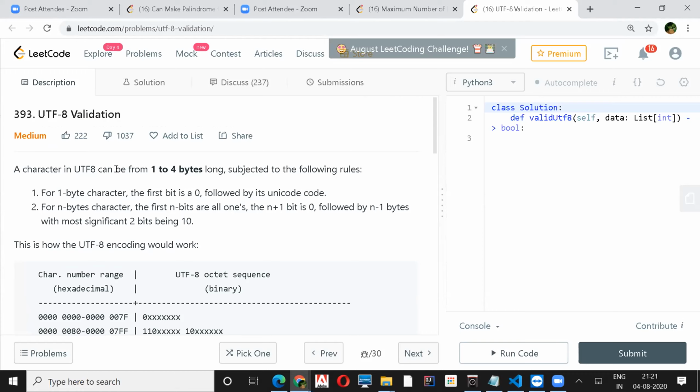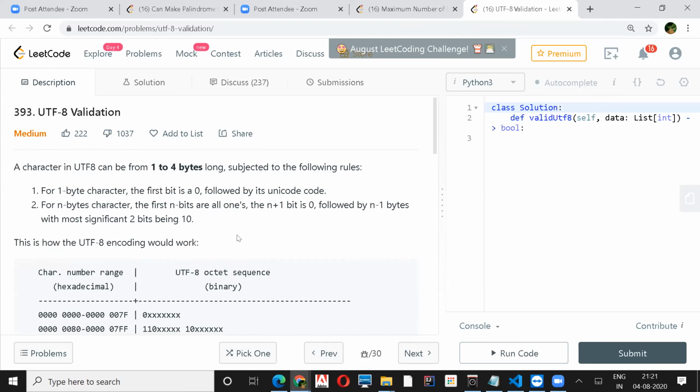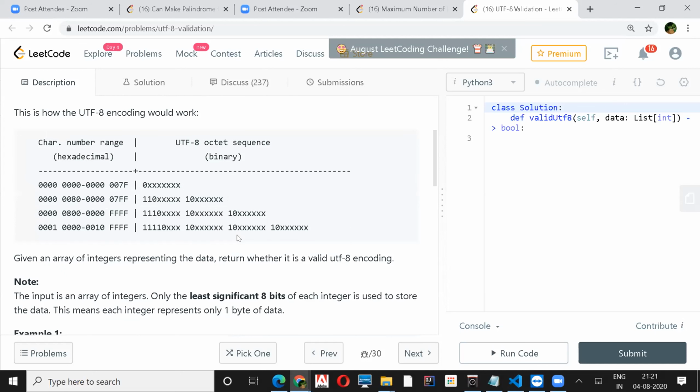Because what I thought is, can you slightly scroll down? Here in this example, when he says, for 2 bytes, 110 and then XXX, I thought this XXX represents UTF-8, wherein the first 2 bits should start from 10, but it is not that way, right?